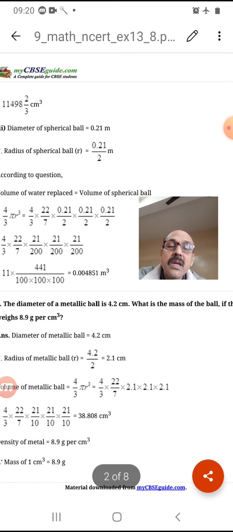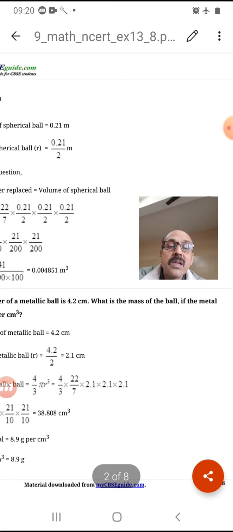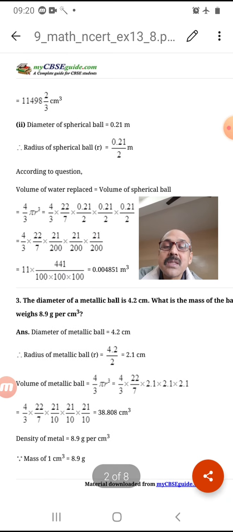If the metal weighs 8.9 gram per centimeter cube, so diameter is 4.2 centimeter, the radius is 4.2 by 2, that is 2.1 centimeter. Now question is, what is the mass of the ball? If the metal weighs 8.9 gram per centimeter cube, so centimeter cube, that means you have to find volume because